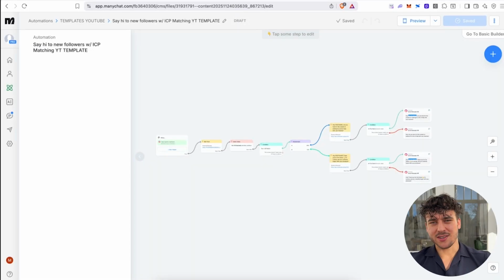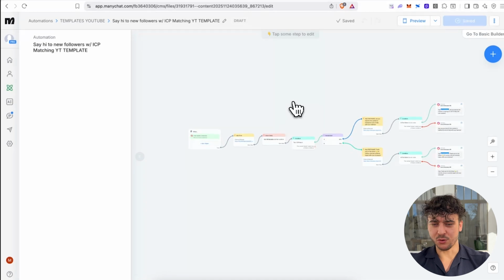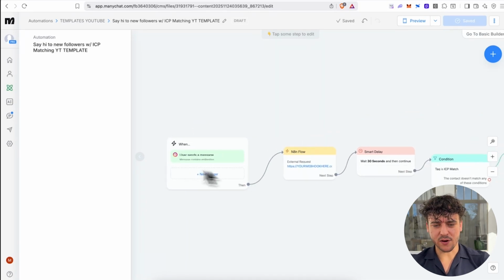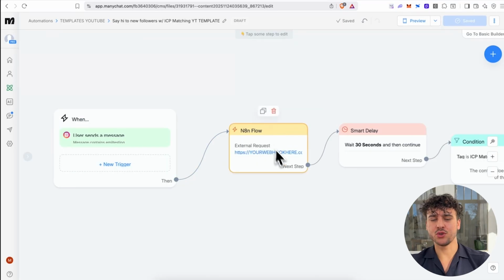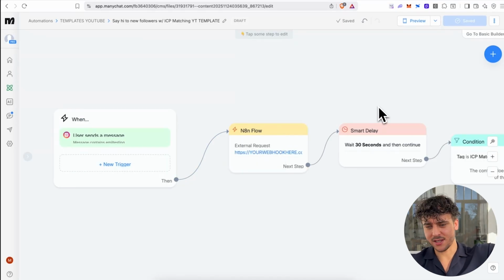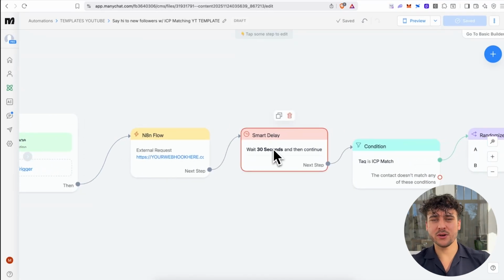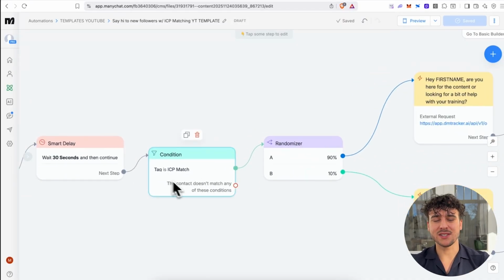Now, once you've clicked on the template and imported it to your ManyChat account, you're going to see what I see on screen right here. Now, let me quickly walk you through what happens in this template. When somebody follows us, this flow is going to be triggered, and we're going to send the data of the user to the N8N flow. I'm going to show you how to set that up in a second. We then wait 30 seconds for the N8N flow to complete,